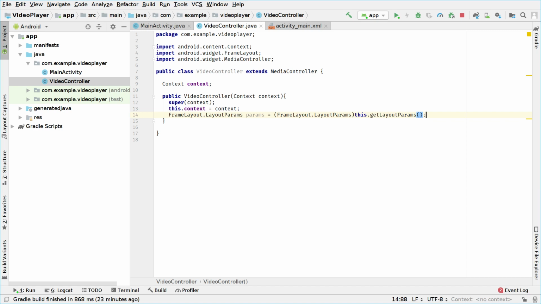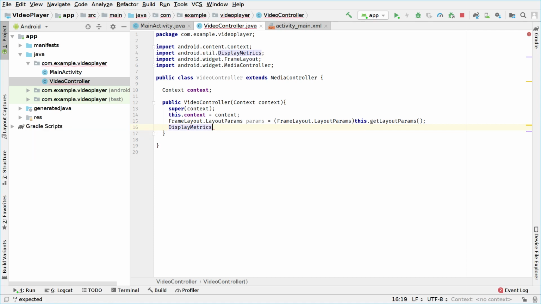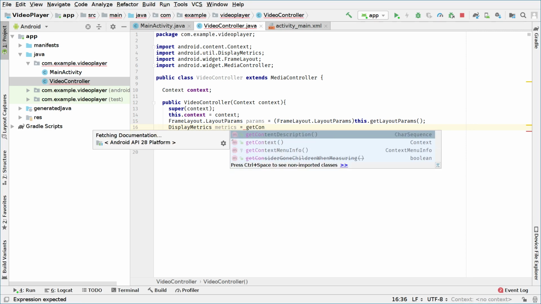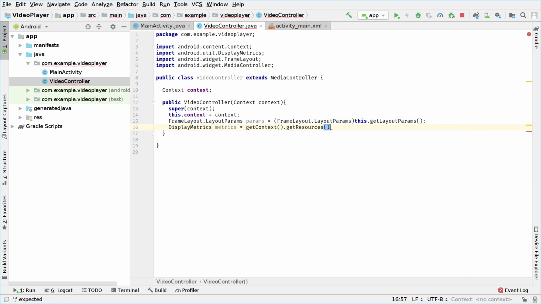Now the next thing we're gonna do is get the density of the metrics in order for us to show the video in a coherent way, you know. So we're gonna say DisplayMetrics. We call this metrics, and we will set this to getContext().getResources().getDisplayMetrics(). Okay,